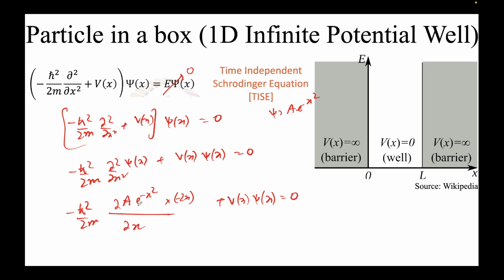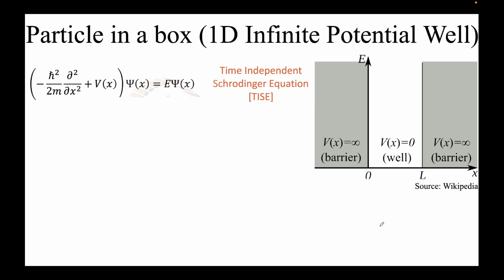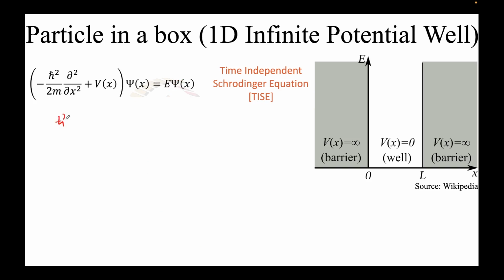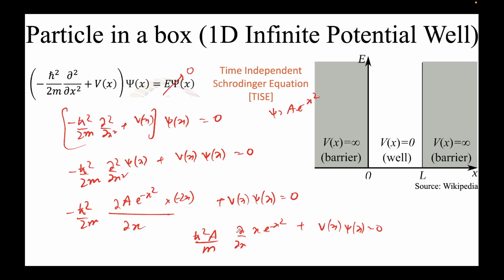Okay, so minus 2 and a I can take out, so it will become h cut square a by m, and it will be the derivative of this function. So that will be del by del x of e to the power minus x square, plus V(x) psi(x) equal to 0. Okay, so let me repeat this expression, h cut square a by m, and now I'll take the